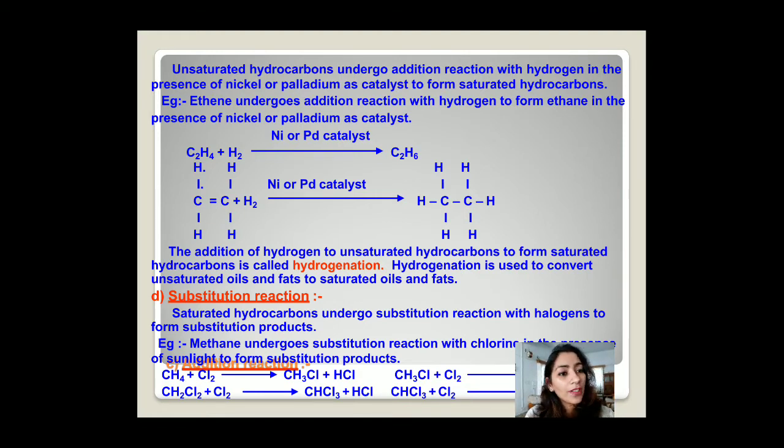Next is the substitution reaction. What is a substitution? Replacement of one thing by the other thing is called a replacement reaction. A very important reaction is when methane reacts with chlorine in presence of sunlight. Some reactions are like this, which require a catalyst. Without a catalyst they can't perform. So they are called substitution reactions.